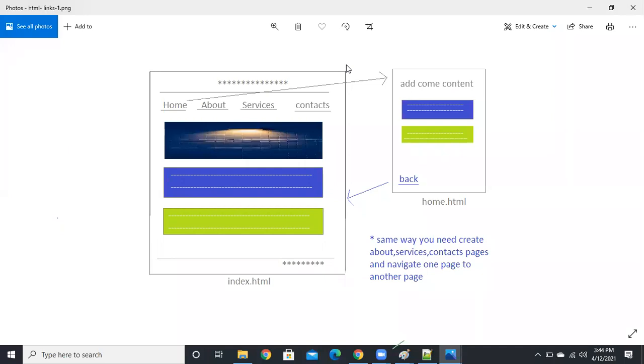Next you create one more file like this. When you click on the home button, it should show me the home information, and when you click the back button, it should link back to the index page. Like that you should create one page each, for a total of 5 pages, guys. This is your second assignment, and with this I will give one more also, guys.